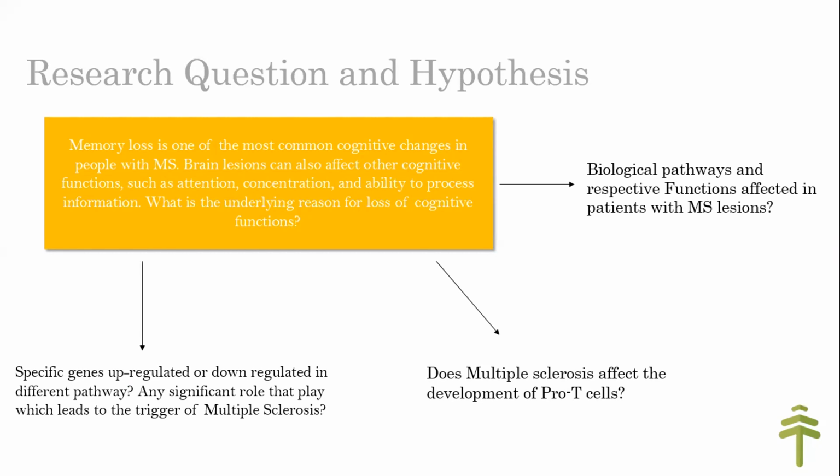I also wanted to find out whether multiple sclerosis has a precise effect over the development or differentiation of pro-T cells, because you will see ahead that I had gene ontology results presenting hematopoietic stem cell lineage pathways as well. And I also wanted to know whether there are any specific genes in multiple sclerotic lesions that are upregulated or downregulated, and any specific role that they play or not with any biological pathway in multiple sclerosis. So owing to this hypothesis,